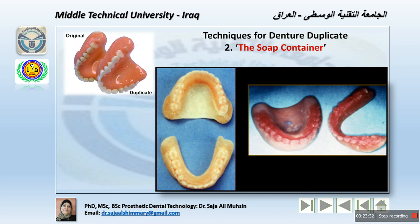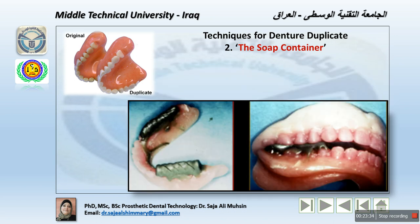Now at this time we need to take the centric relation record, which is obtained after adjusting the wax teeth for the occlusal vertical dimension, because at this moment we have duplicated the old denture, but we still have a problem with the occlusal vertical dimension coming from the resorption of the bone. So the centric relation record is obtained,